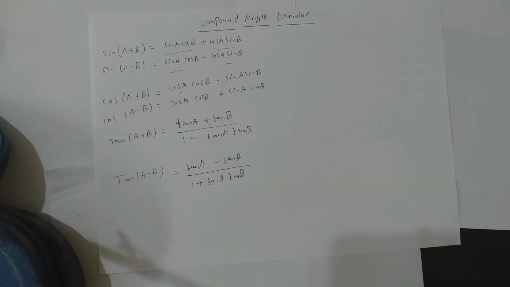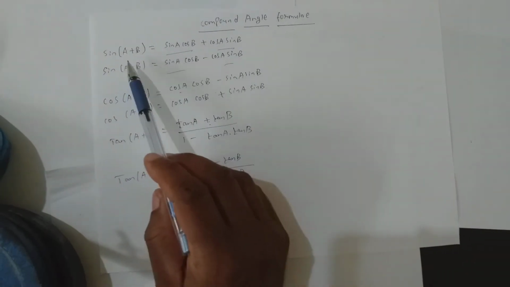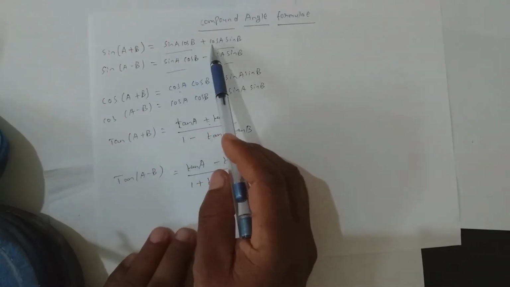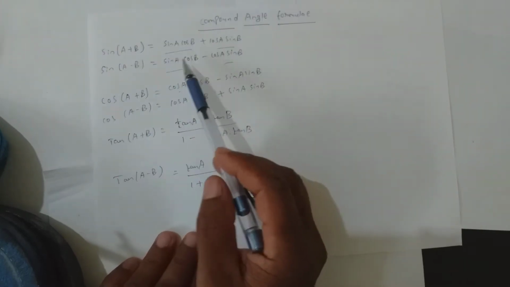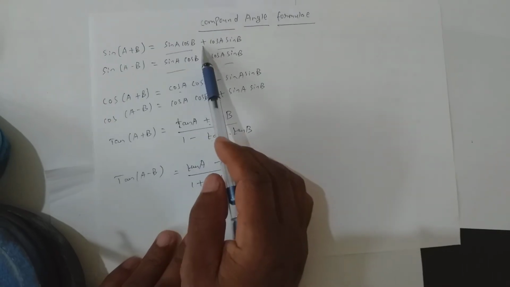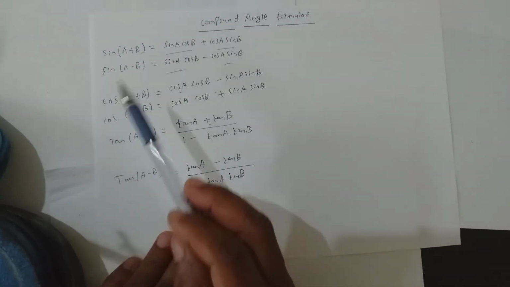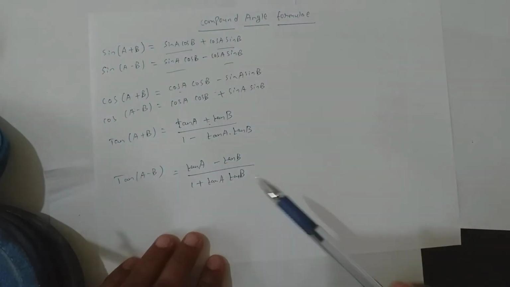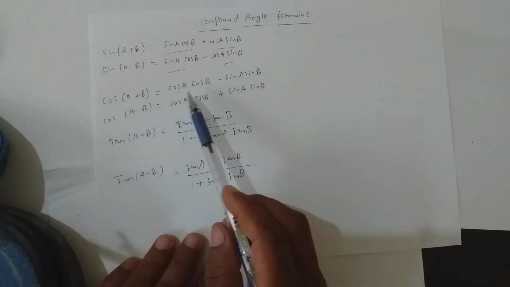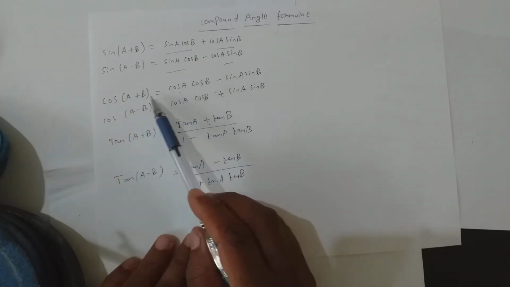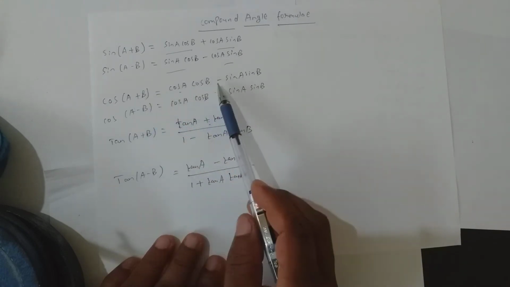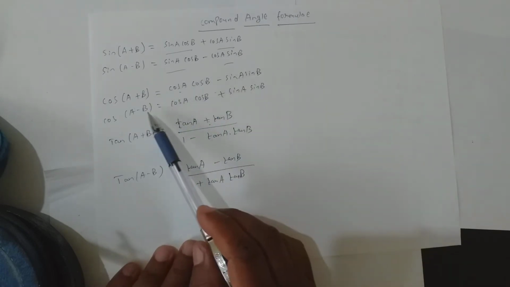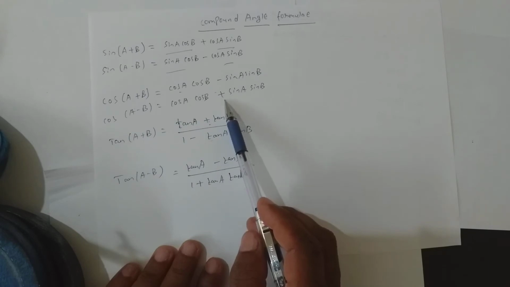Am I clear so far? Sin(A + B), sin A cos B plus cos A sin B, both come in one term. And if here it is plus, here also you get a plus. If here it is minus, you get a minus sign over here. Now cos(A + B) is nothing but both are cos, and the sign between the two terms will be the opposite. If here it is plus, you get a minus sign over here. If it is minus, you get a plus sign over here.